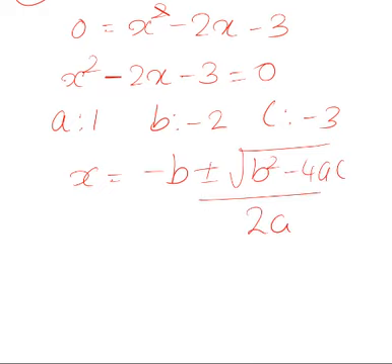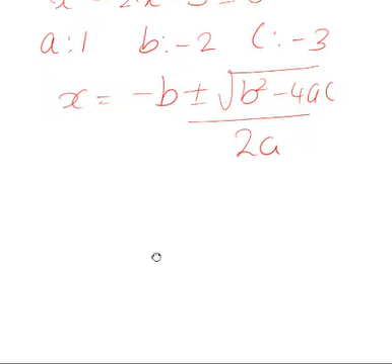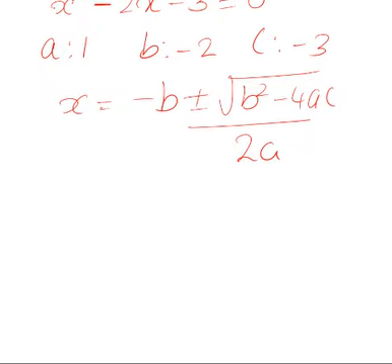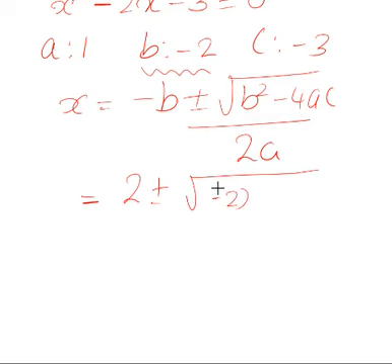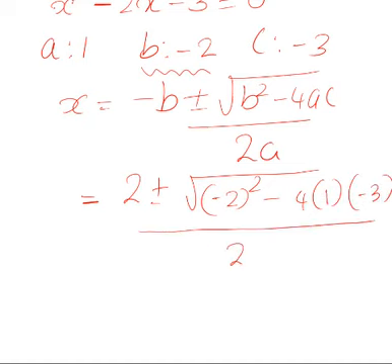2a. So we can substitute these values, that is a is equal to 1, b is equal to negative 2 and c is equal to negative 3 here. So this becomes negative b, meaning negative of negative 2, that is positive 2, plus or minus root b square, that is negative 2 square, minus 4 into a is 1 into c, that is negative 3, divided by 2